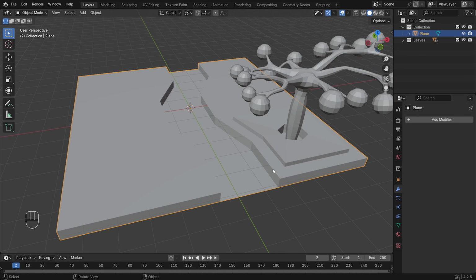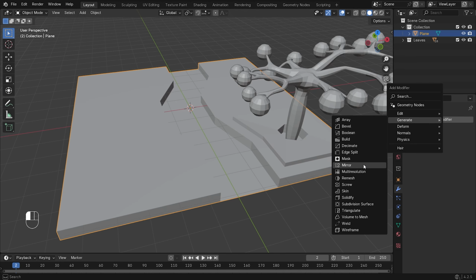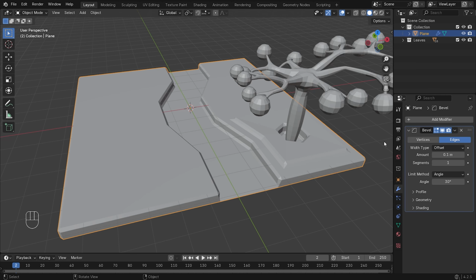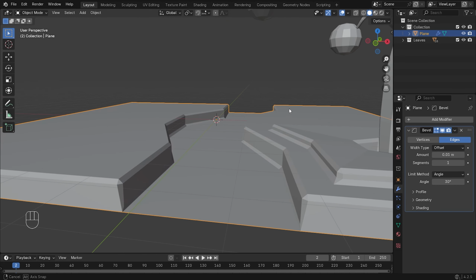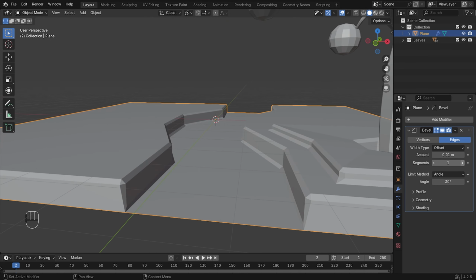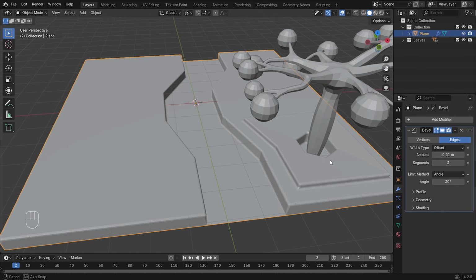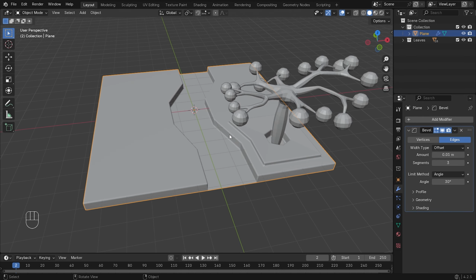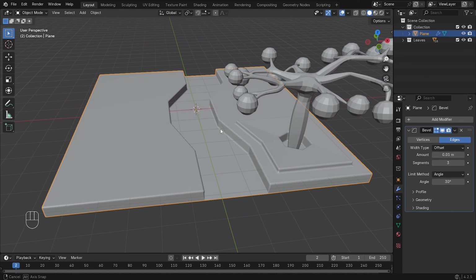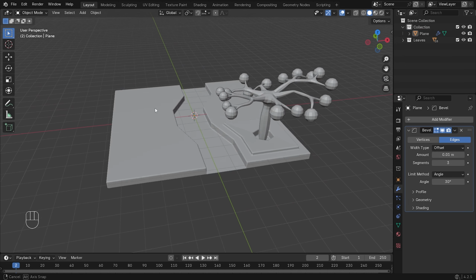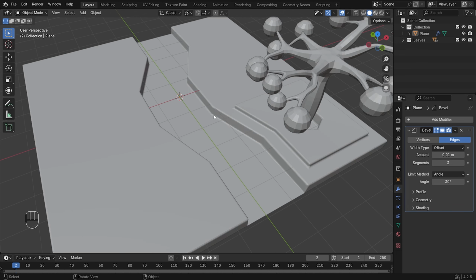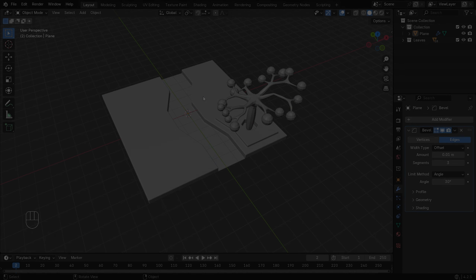Now I'm going to select the plane and add a new modifier. We call it the bevel modifier, and change the amount to maybe 0.01, I guess, and with 3 levels of segments, I guess. I don't know. Yeah, with 3 levels, it's okay. Then I want to create a bridge on the river. So what we need to do,